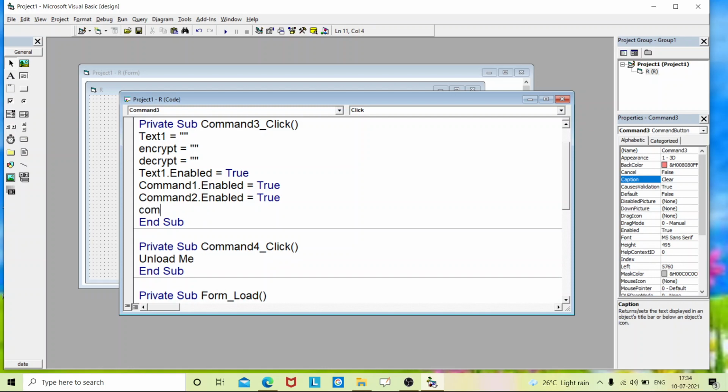We are disabling Command3. Without content we cannot erase the content or clear the screen, so for that purpose we are disabling it.